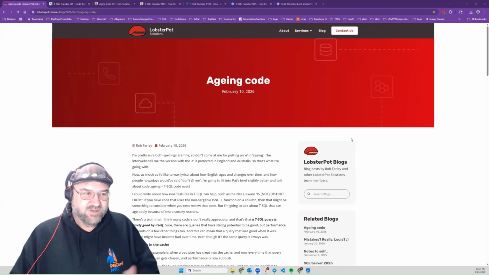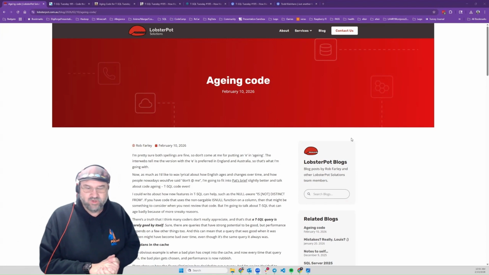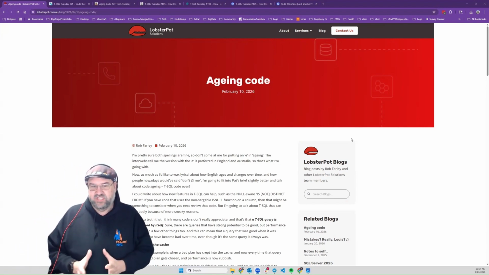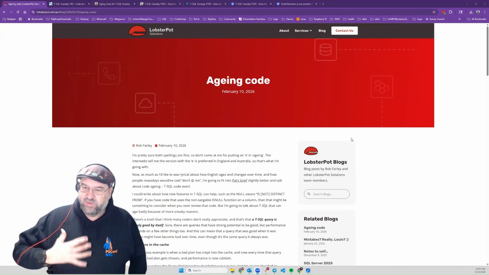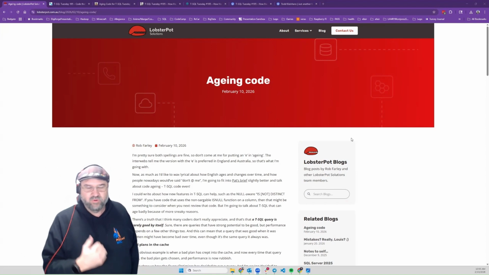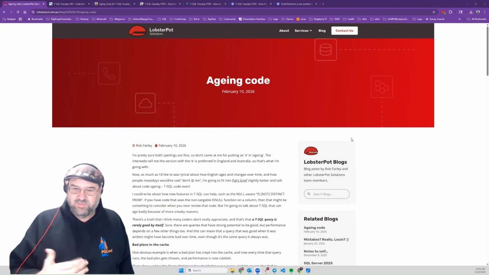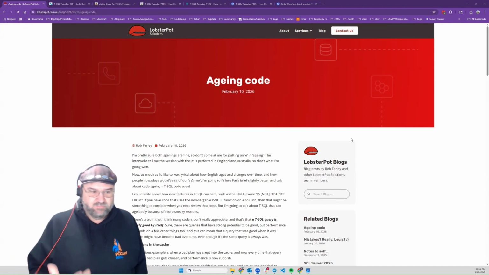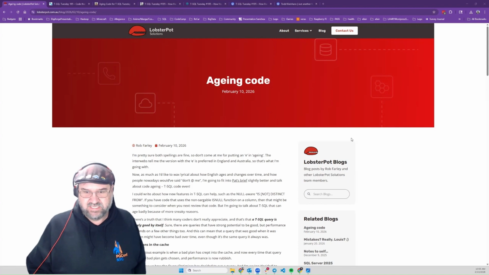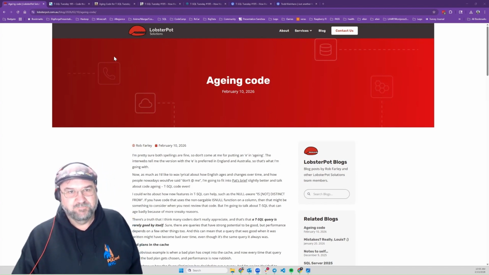So, anyways, what Rob talked about in his summary was a lot more about how important it is that we all understand that databases live, breathe, and change over time. It's very important that we go back and look at our code and look at different things and say, is that still important? Was this still out there? Are these things that need to be updated? It doesn't mean that we wrote code that was really, really bad right at the start. It just means that it might be something we have to test again in the future. So you have to keep going and keep doing more things around it.